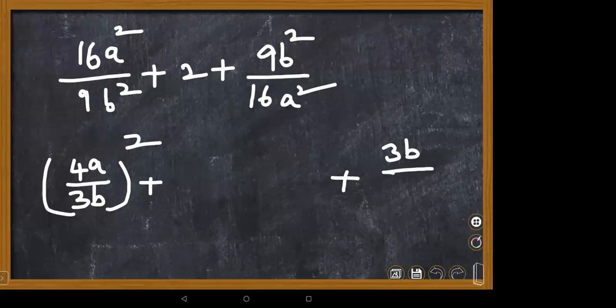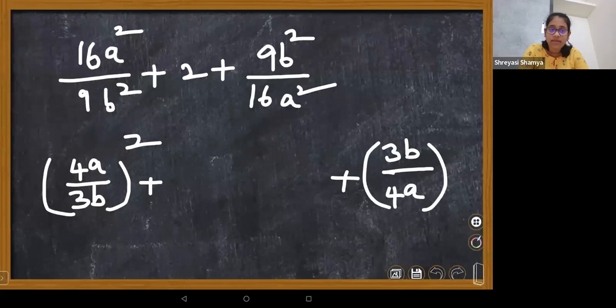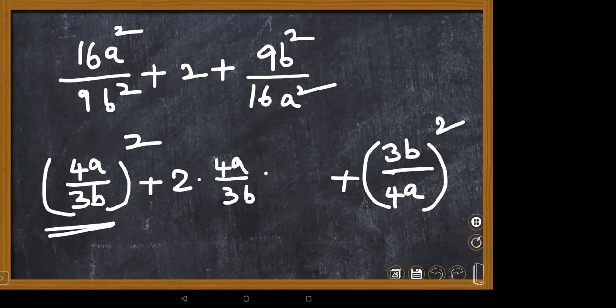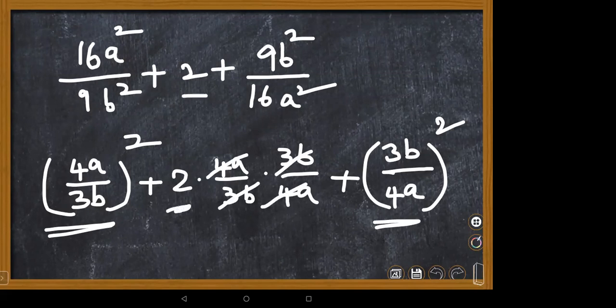3b by 4, and by 3b, 4 by 4, whole square, a, and then whole square. Then next, in the middle term you have to write 4a by 3b and, in the b place, you have 3a by 3b by 3b by 4a. You just see these are the same thing, so you just cancel, that's why you have left over. So we can use the a plus b whole square identity.